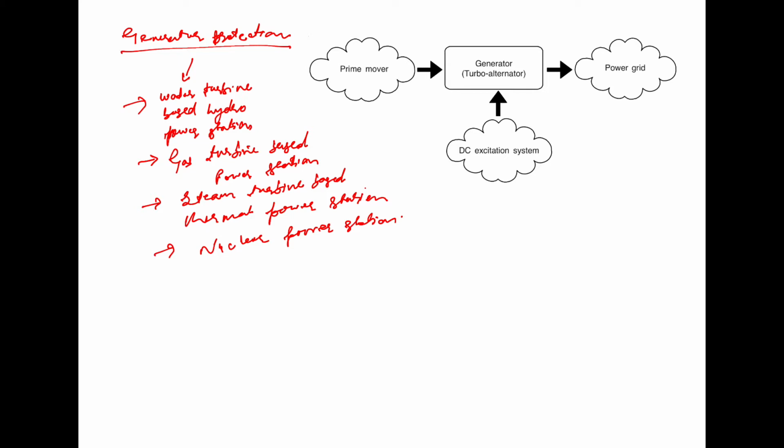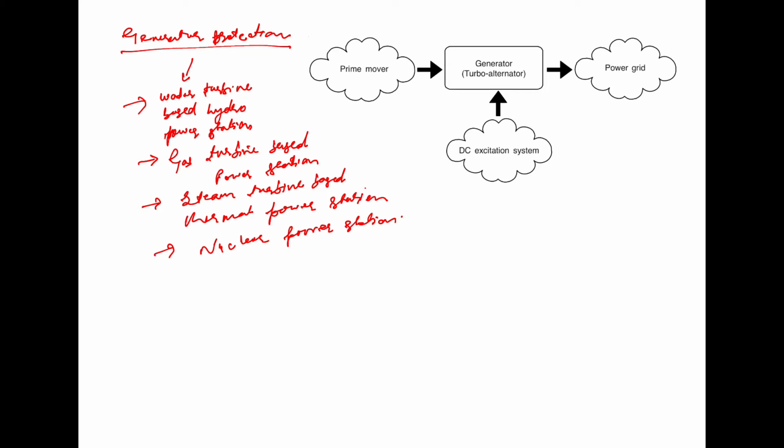its connections through to three different sides, as shown in the figure. On the one side, it is connected to the prime mover. On the other side, it has to run in synchronism with the grid because of its connection to the power grid. And on the third side, it is connected to the DC excitation. So it is thus obvious that the generator protection is very complex compared to the protection for the other elements